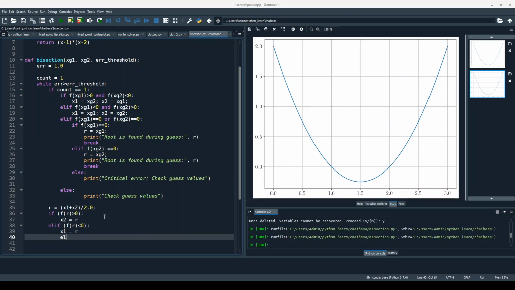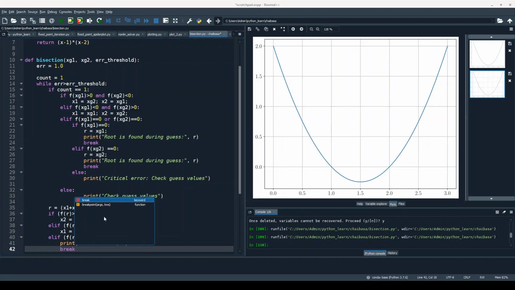If f of r is identically equal to 0, which it may never happen, but it can happen, then we have found the root. Okay, we don't need to do any more calculation. So I will say print root found r, and I will break the loop.